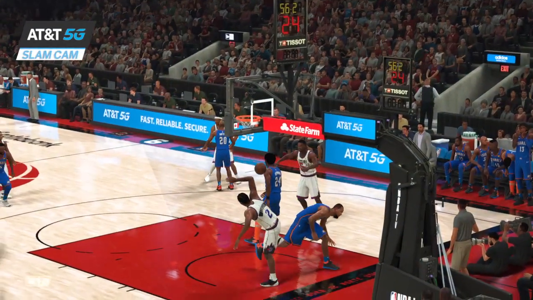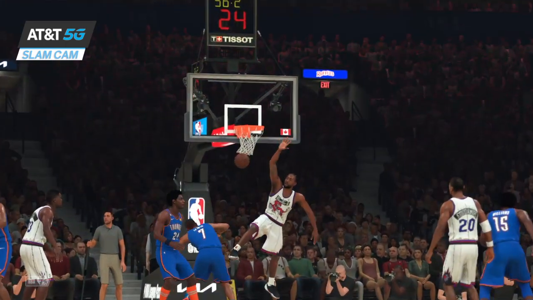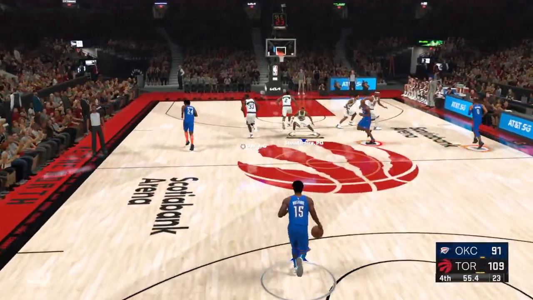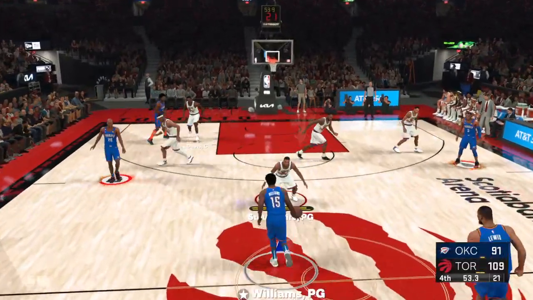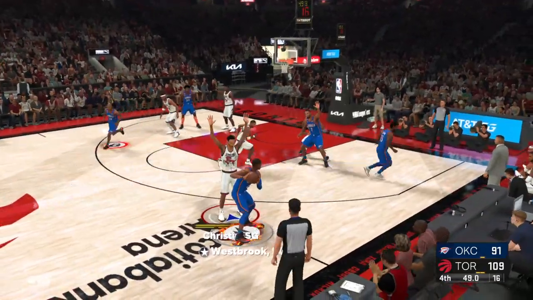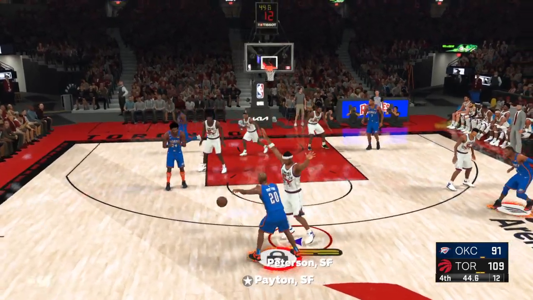And credit the whole team. It was a focused, concerted effort to put this one away. And it felt like they just flip the switch to go on that run and seal the game. Saving their best basketball for the end. Always smart. Outside Westbrook. Now here's Payton. He's covered closely. Pass to Haywood.